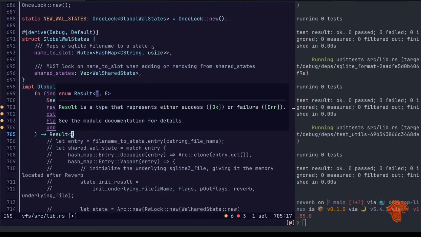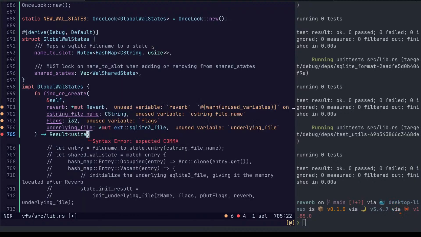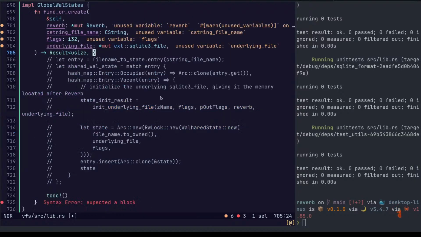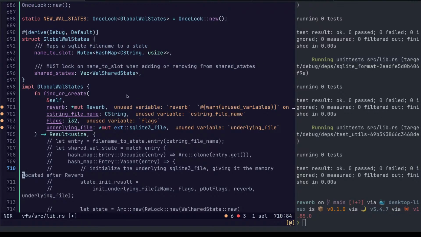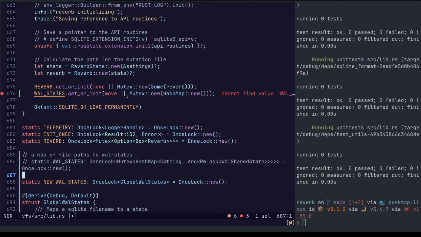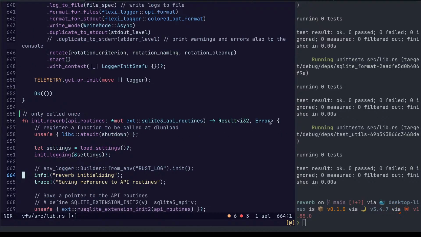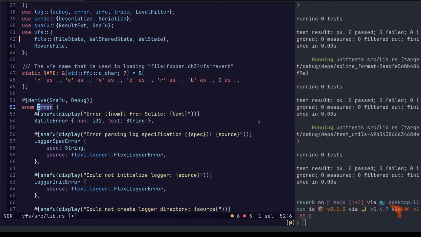Oh, we just want the ID, don't we? Shared state or whatever error. What are we using for errors around here? This error?